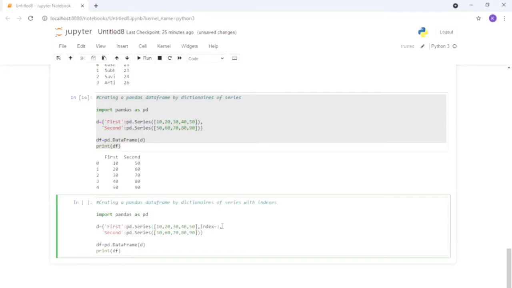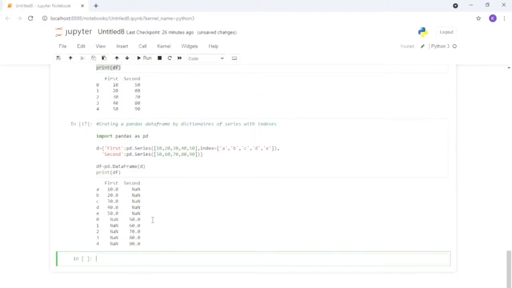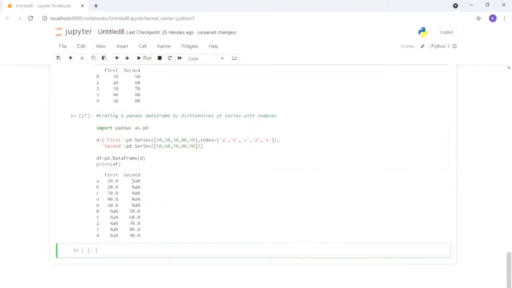So here I'm defining index is equal to a, b, c, d, e. Once you go with that, you can see it will be converted into indexes, and now the index values are given here.